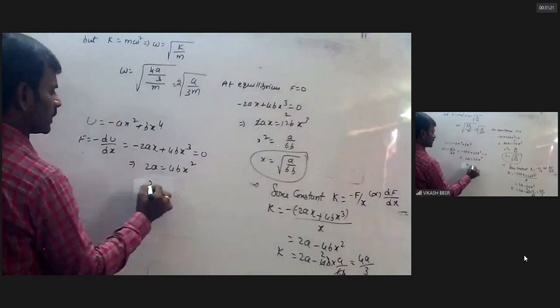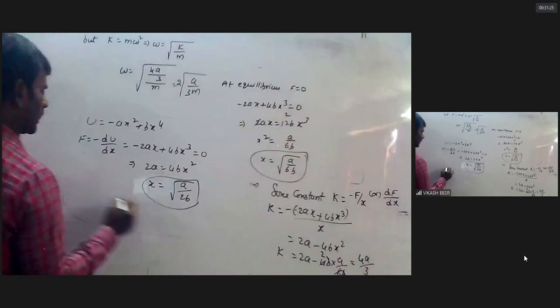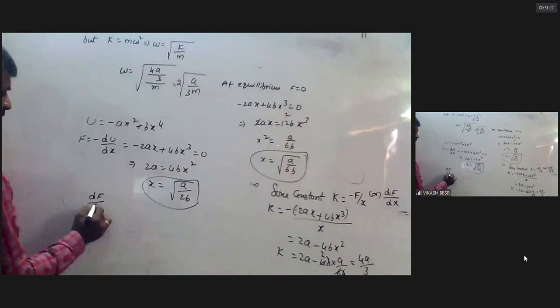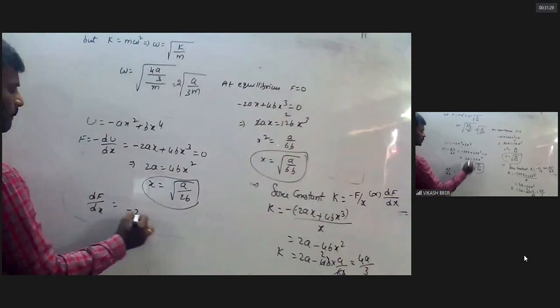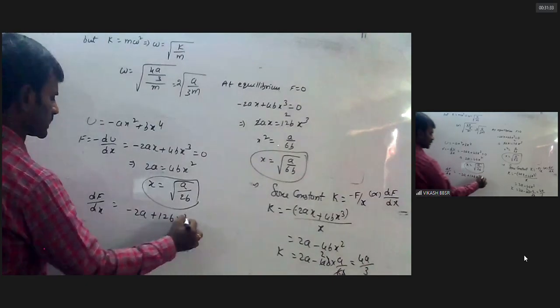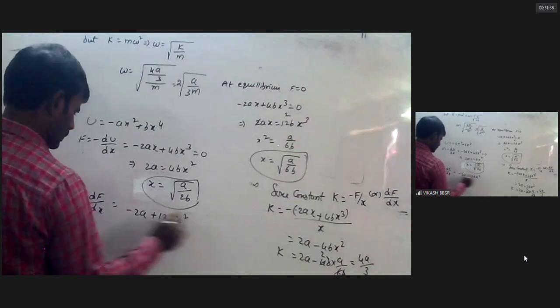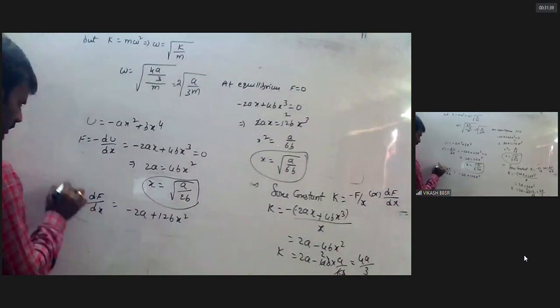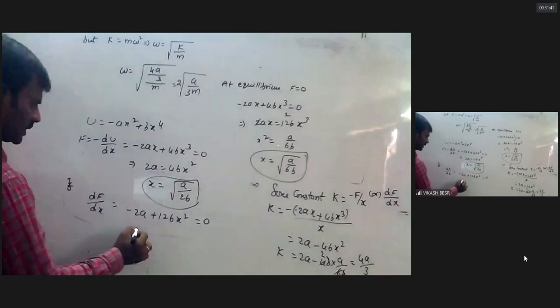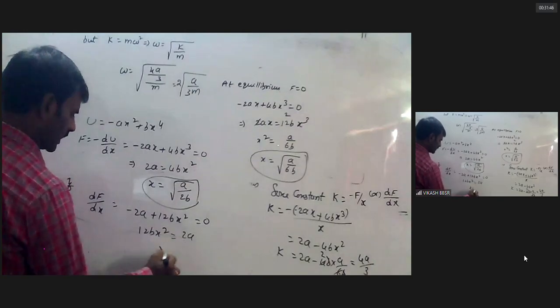Now x equal to root of a by 2b. This is okay. And df by dx how much? Minus 2a plus 12b into x square should be equal to how much? df by dx equal to 0, then 12b into x square equal to 2a. X equal to root of